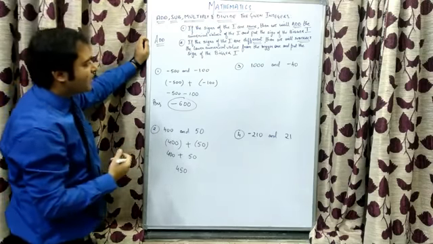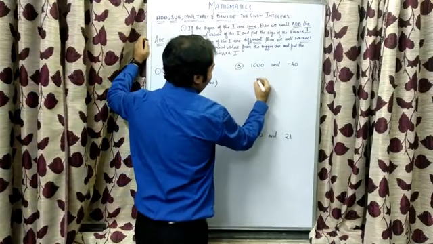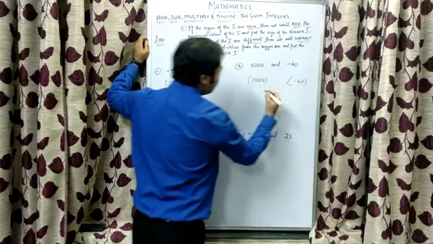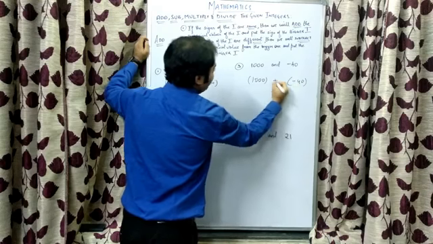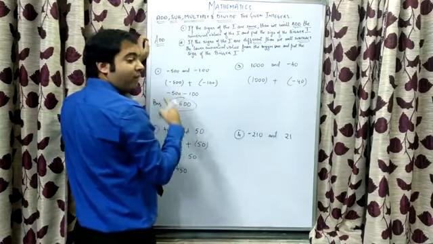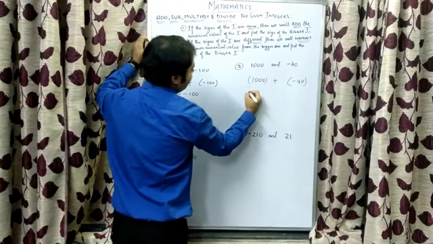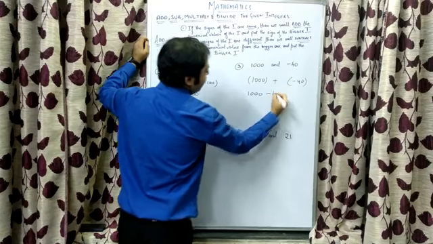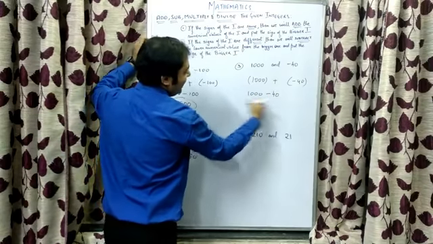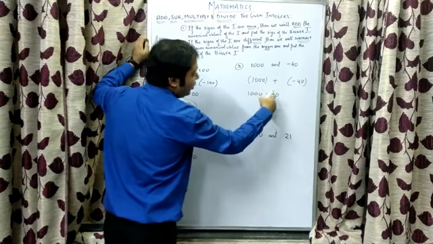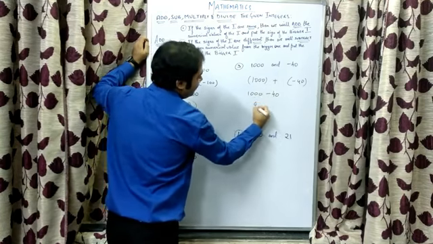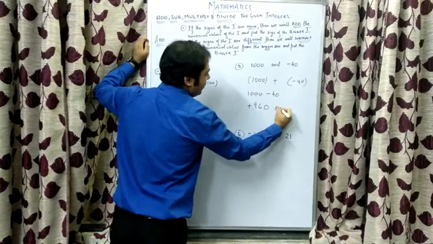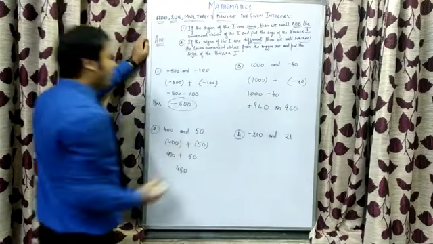Third question is 1000 and minus 40. Now these two are to be added. First we'll apply the sign conversion of multiplication. Plus into plus is plus 1000. Plus into minus is minus 40. Now since the signs of the integers that we are getting are different, we'll subtract the lower one from the bigger one. That will give us 960 and put the sign of the bigger one. You can write it like plus 960 or you can write it also like 960, and this will be our answer.